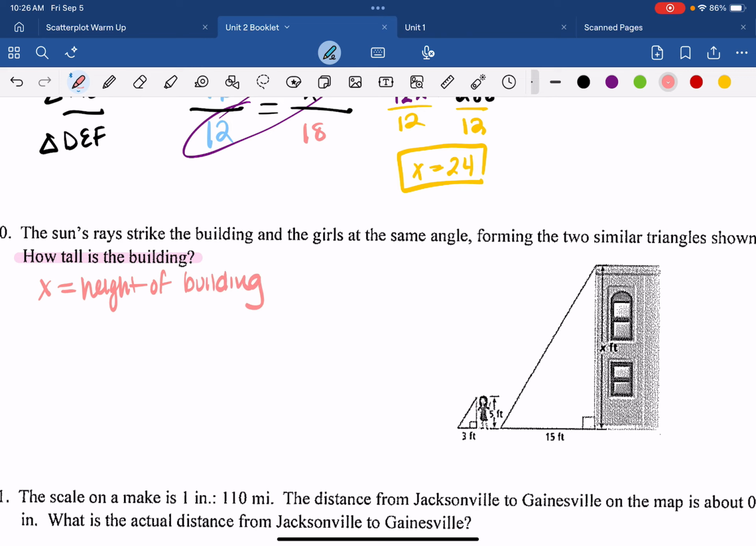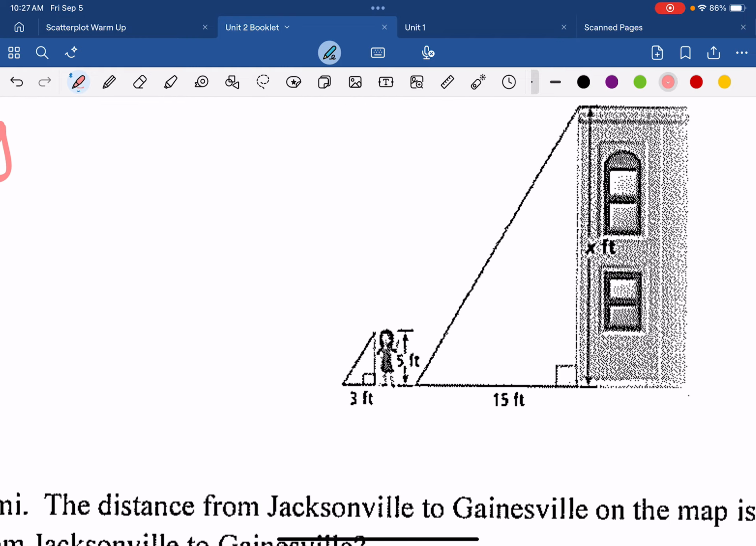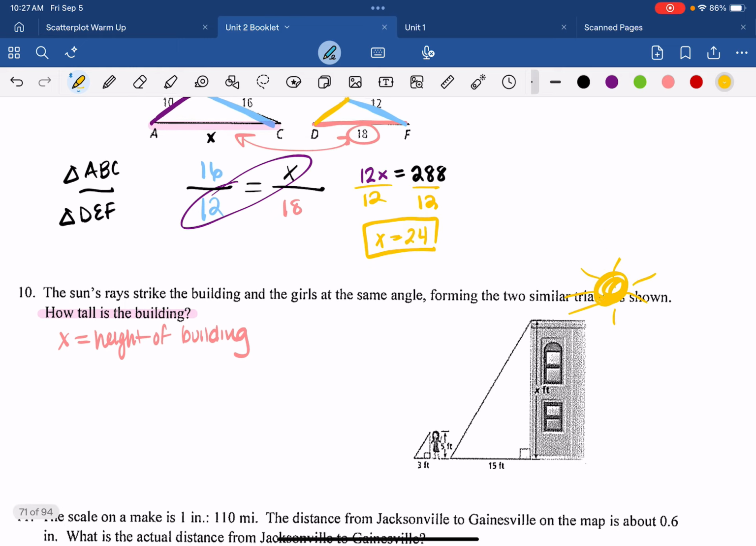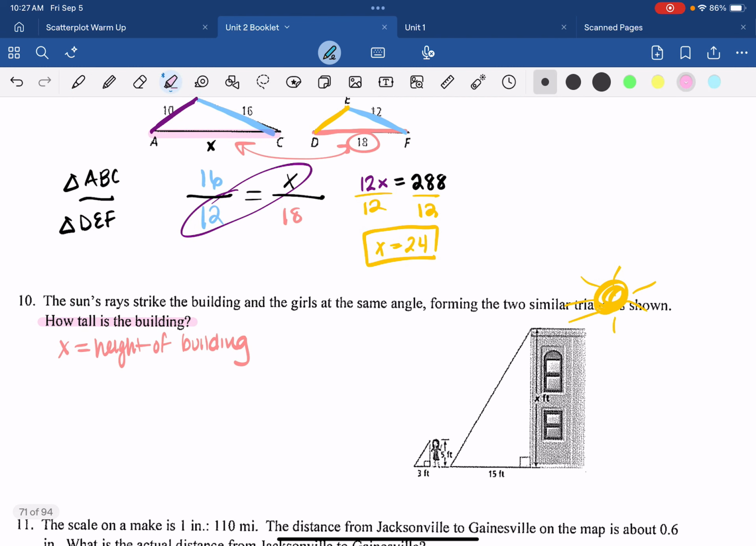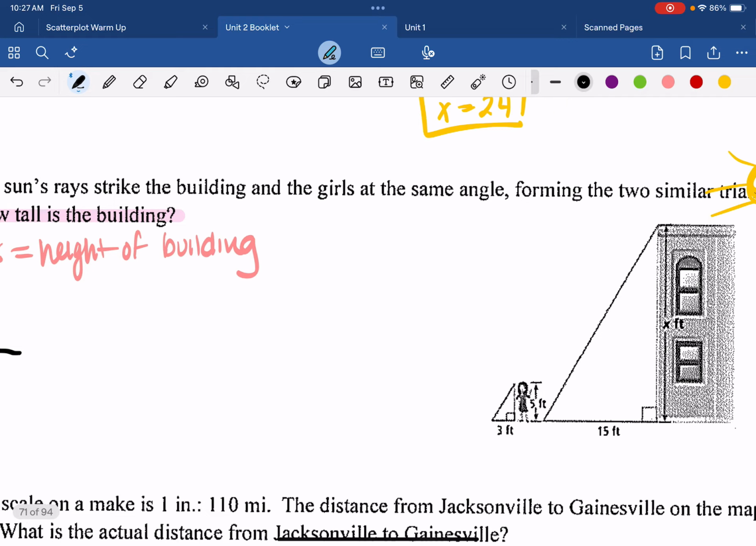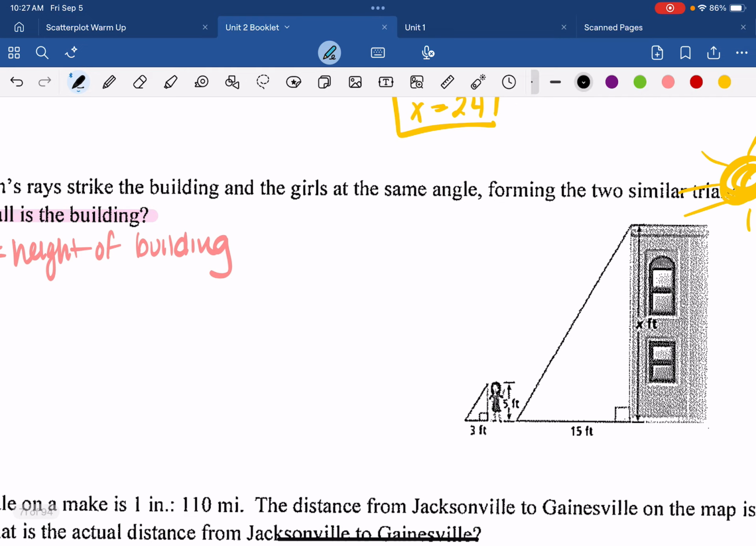That's what I'm being asked to find. Now it tells me that since the sun is striking at the same angle, which means my two triangles here, triangle 1, triangle 2, are similar, okay. That being said, I can set up a proportion, okay, so let's make our units ratio here. And for my units this time, it might be a little harder to see, okay? But when you think about this,